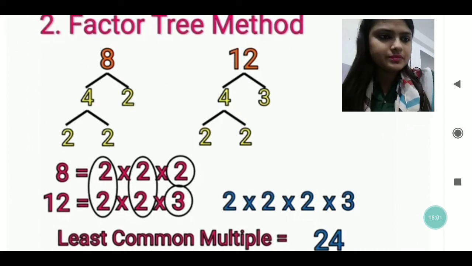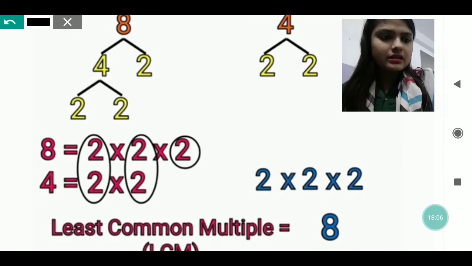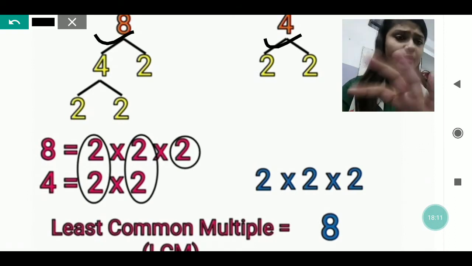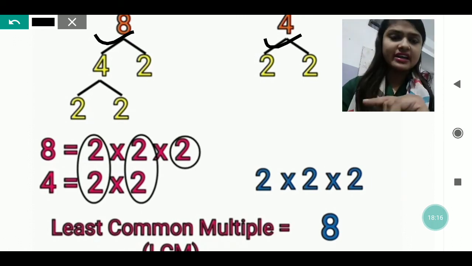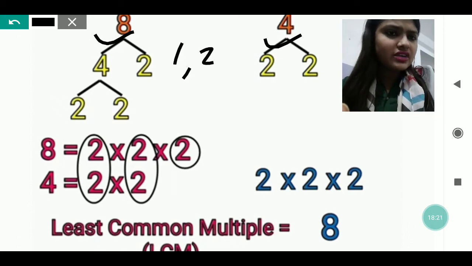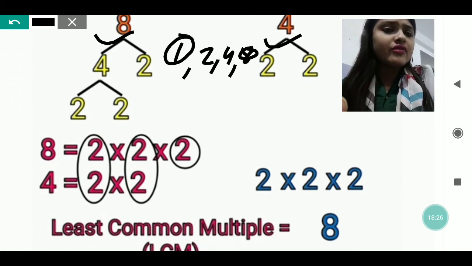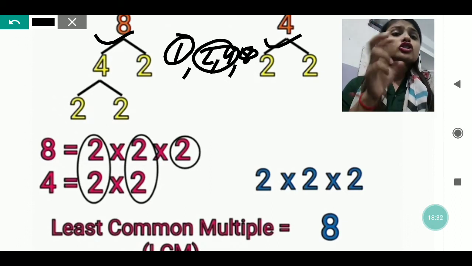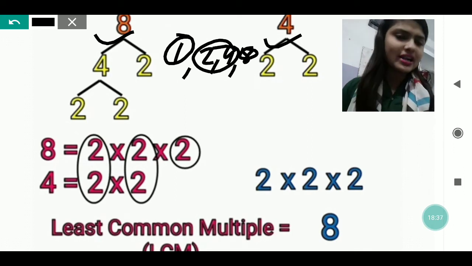One more example. Here also you can see 8 is there, and 4 is there. I have made the factor tree of that. The factors of 8 I have written. 1 is a factor, 2 is a factor, 4 is a factor, and 8 is a factor, isn't it? So 8 and 1 we will not write, the rest 2 factors we will write, like 2 and 4. So 2 into 4 we are writing, and when we do 2 into 4, we get 8. So those 2 factors we have written.